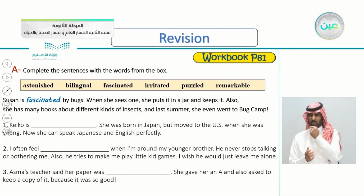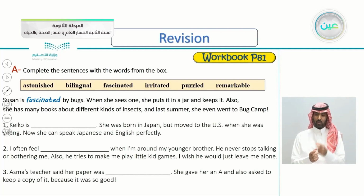When she sees one, she puts it in a jar and keeps it. Also, she has many books about different kinds of insects. And last summer, she even went to bug camp. So let's answer number 1 here. Number 1. Kiko